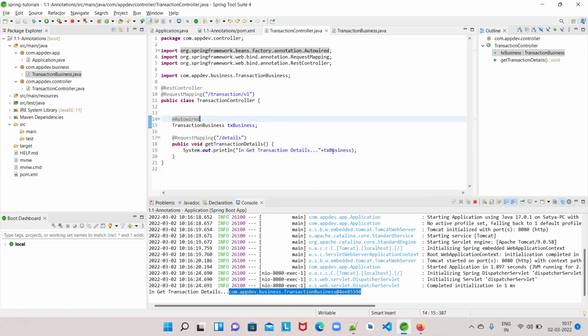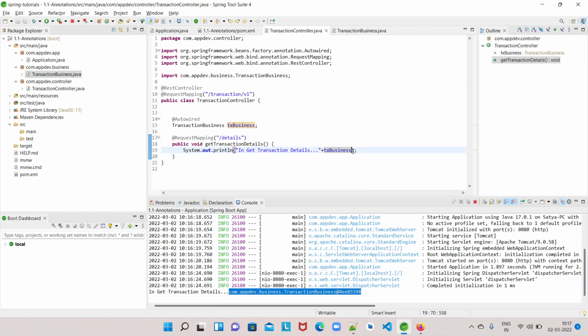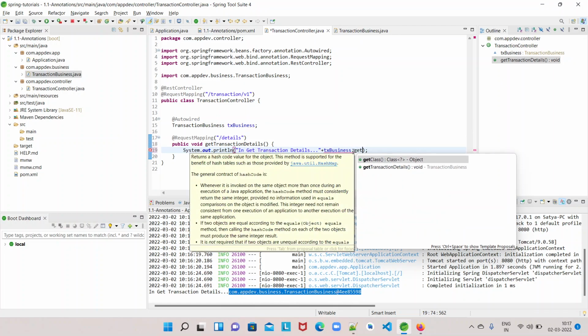Once we get the transaction business, suppose we want to call a method on it, say for example, public void getTransactionDetails. You can call that.